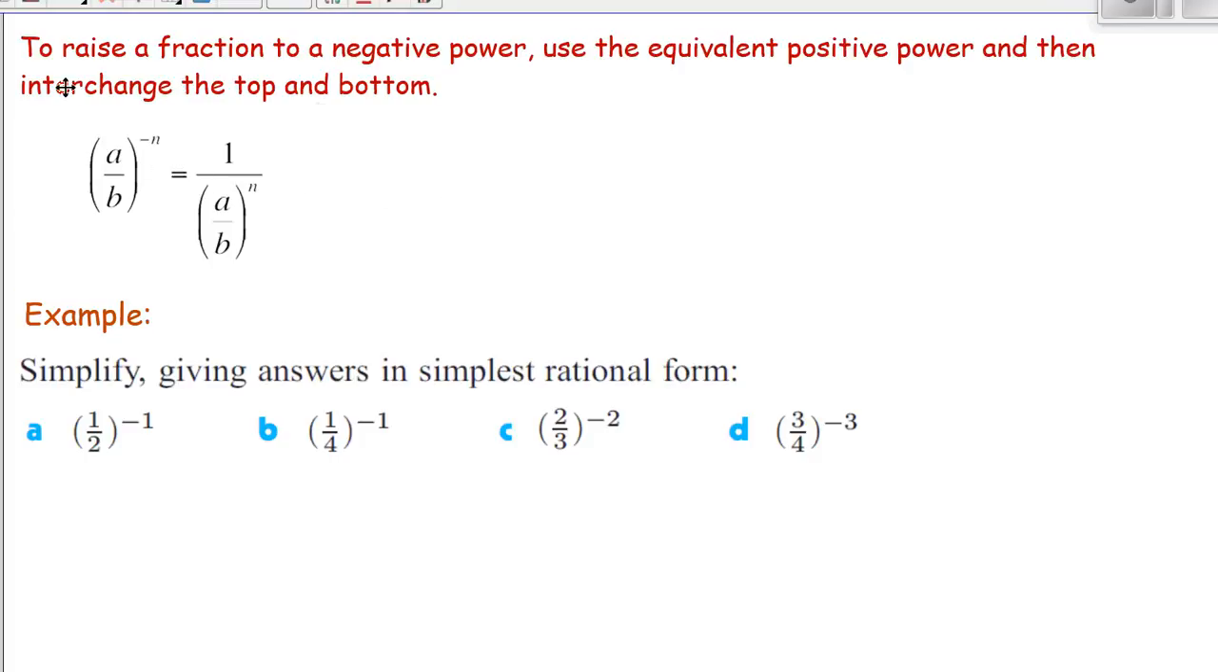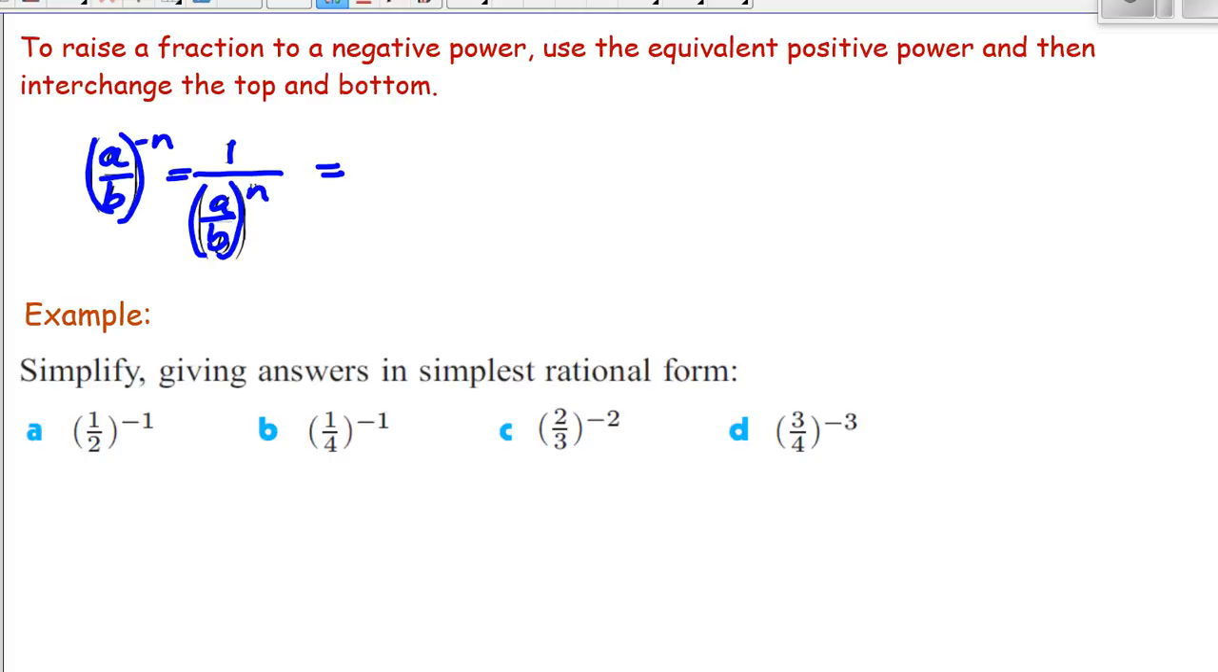To raise a fraction to a negative power, use the equivalent positive power and then interchange the top and the bottom. Now, I'll try to explain here if you can get why. So, a over b to power negative n is equal to 1 over a over b to power n, and this is equal to